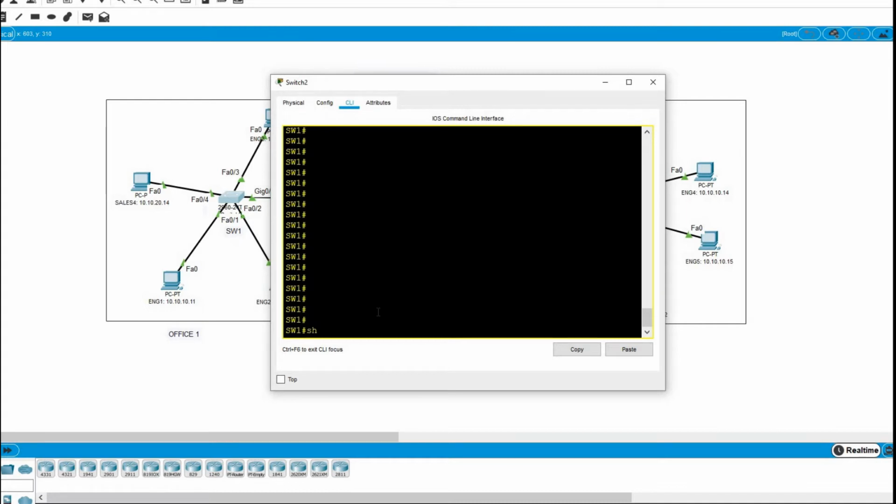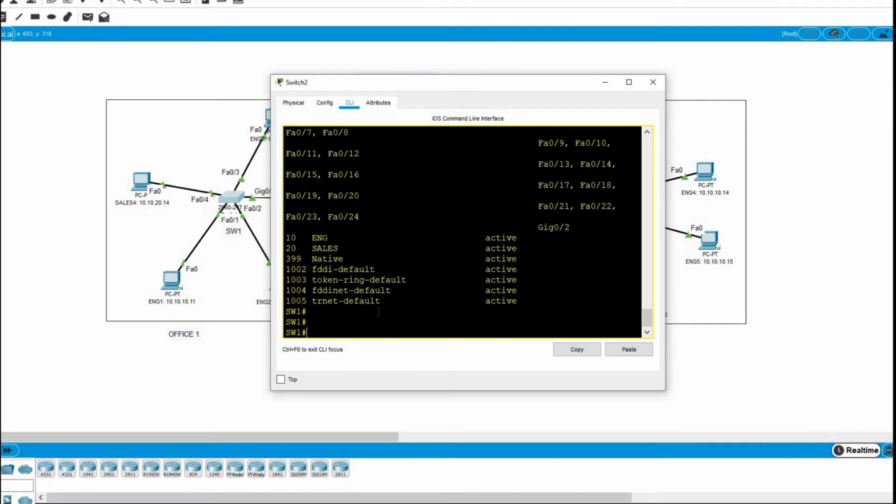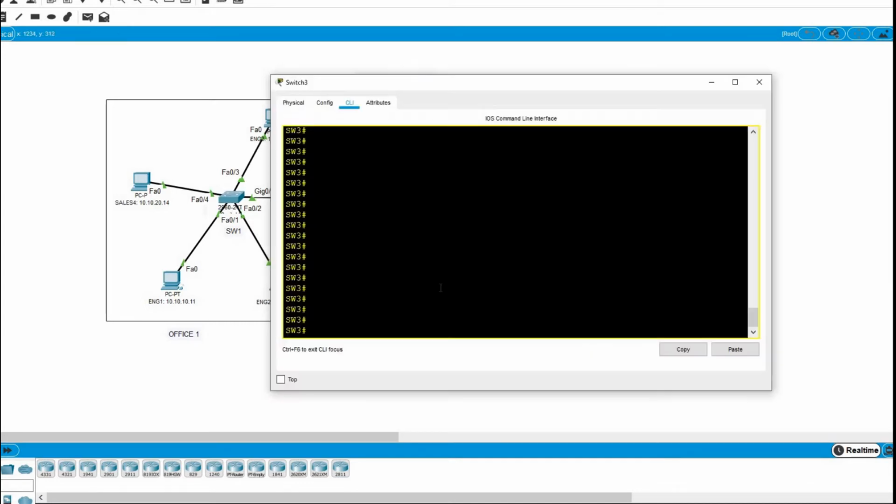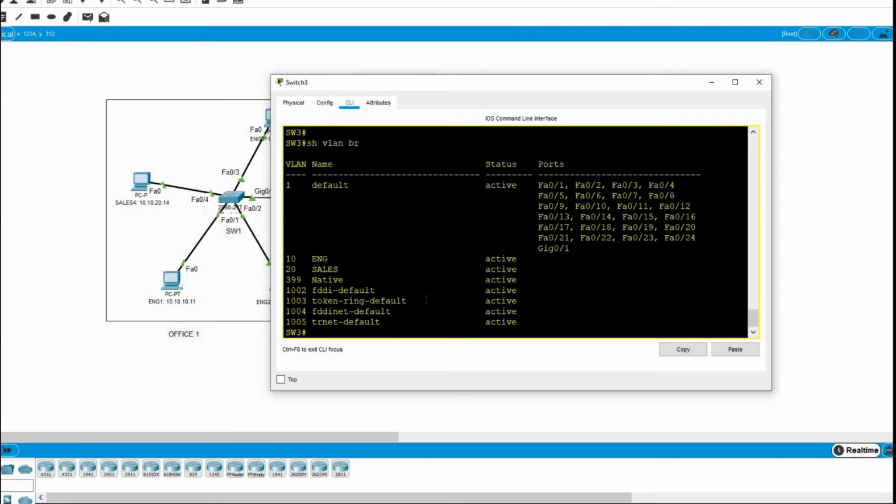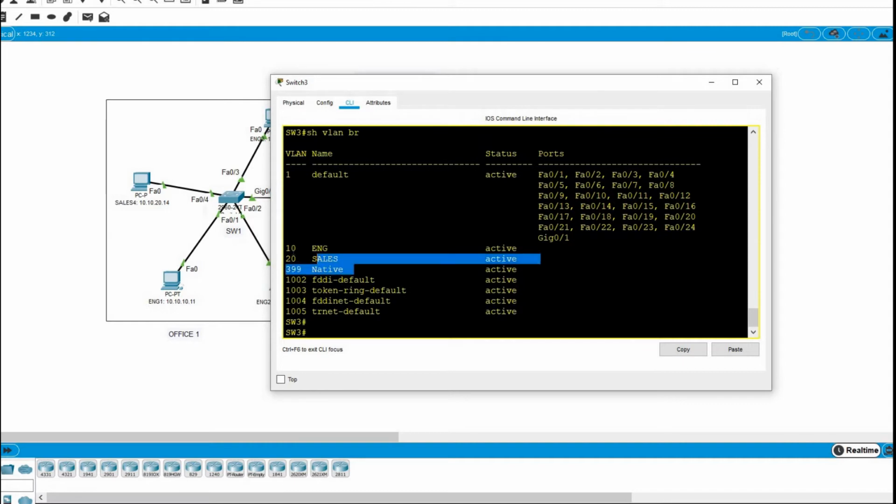Let's check the VLAN configurations. As we can see, we have the 3 VLANs set up, and let's do the same on switch number 3. Show VLAN brief. There we go. We have the 3 VLANs learned from the server switch number 1,